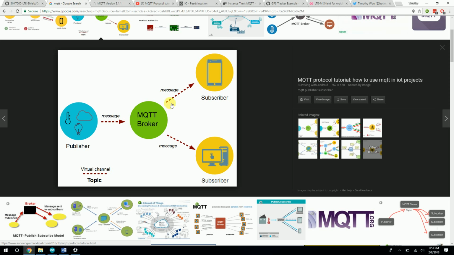So you could have the command go in to turn on all the LEDs, and then they could say, "Yep, we turned on the LEDs," instead of the broker or the publisher querying each subscriber and saying, "Hey, did you turn it off? Did you turn it off? Did you turn it on?" or whatever. So it can have that sort of back and forth communication,